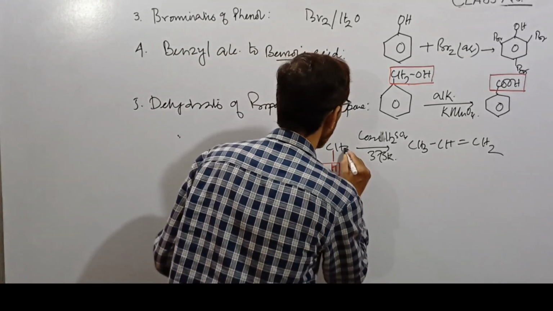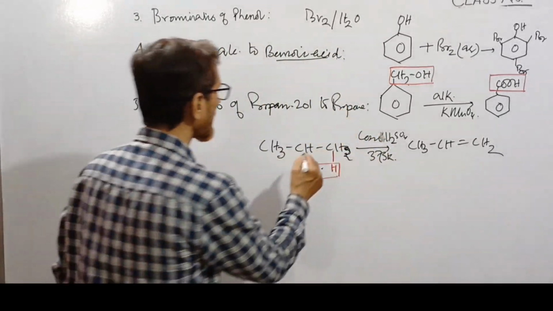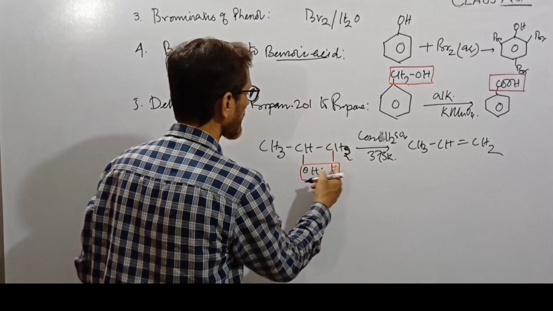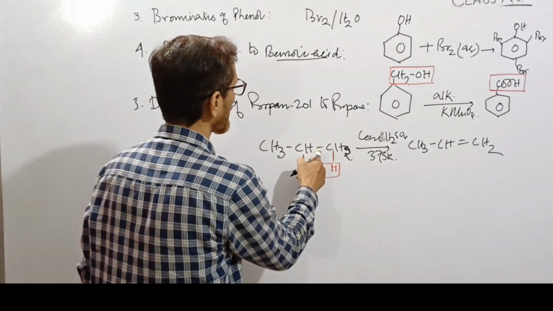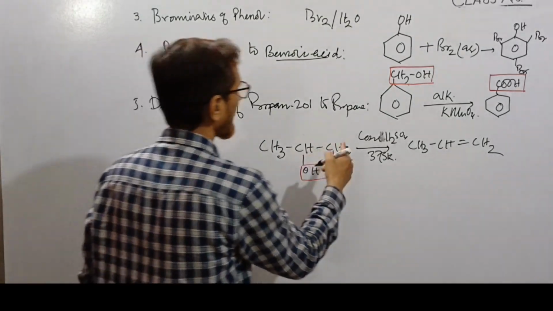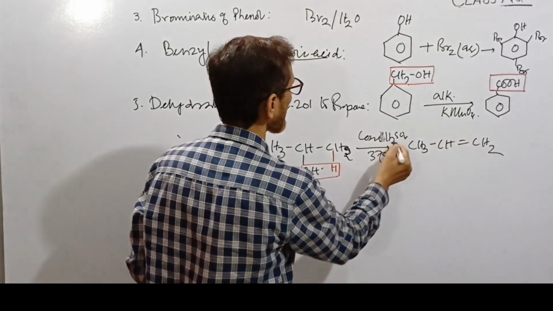You can write in this way. So water is removed, and when these two lose OH and H, the bond is rearranged, and the single bond becomes a double bond. So the reagent is this: